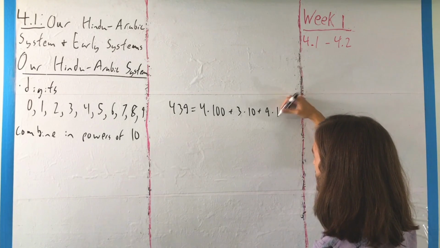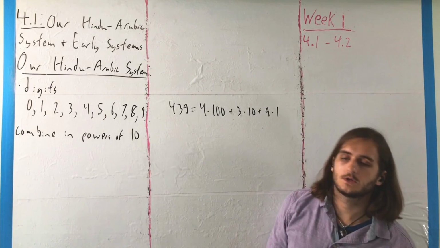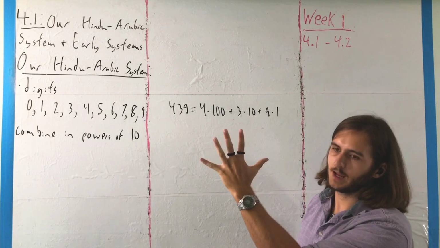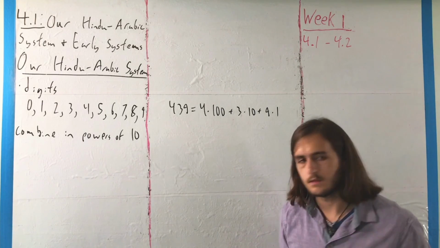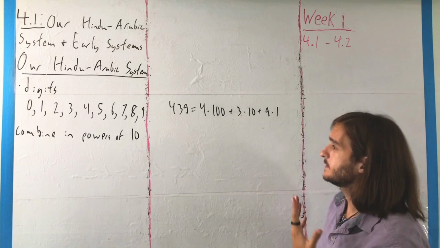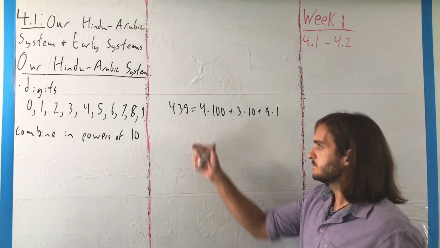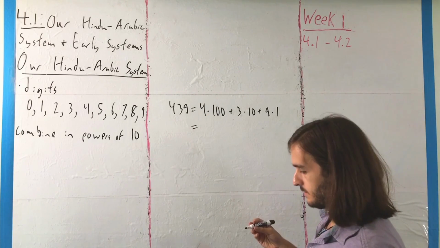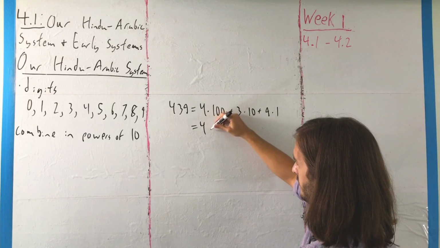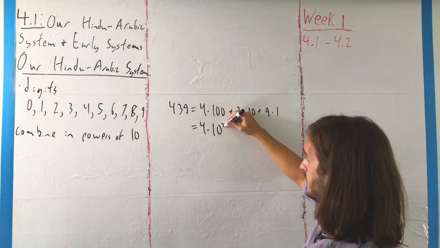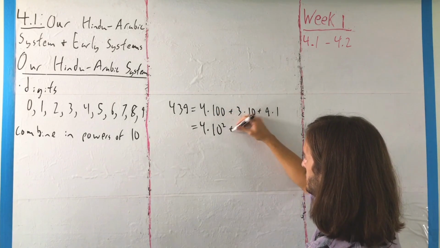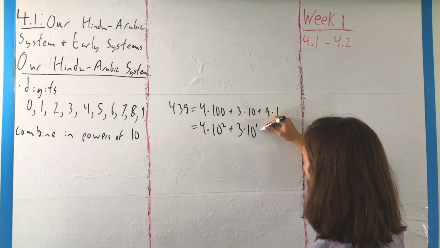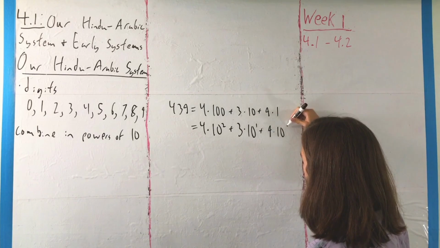Remember, when we're talking about our number system, we're always thinking in terms of what goes on with our hand, or more appropriately, hands, which means we're always thinking in terms of tens. So, if we want to be even more specific about this, we could then bring this down as 4 groups of 10 squared terms, plus 3 groups of 10 to the first terms, plus 9 groups of 10 to the